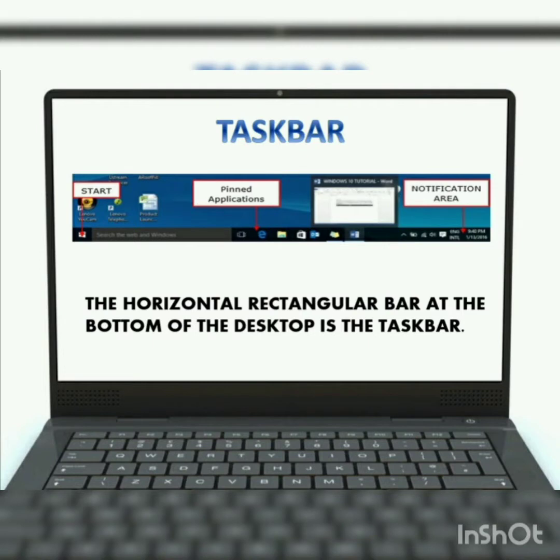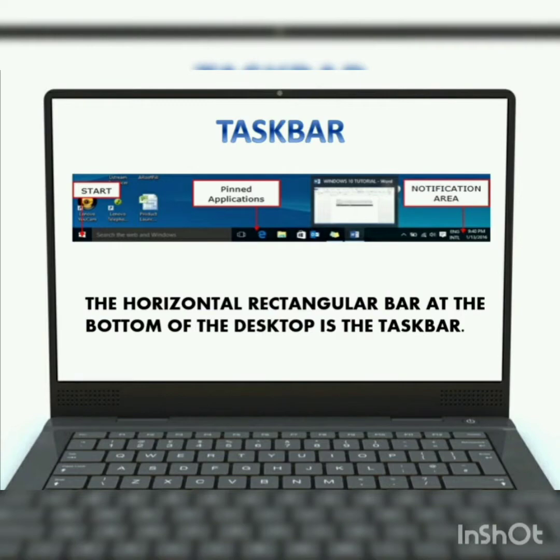Now you will ask, then ma'am, what is in the middle part of the taskbar? Then I will say, in the middle part of the taskbar, kids, the currently opened applications are showing, and the pinned applications.